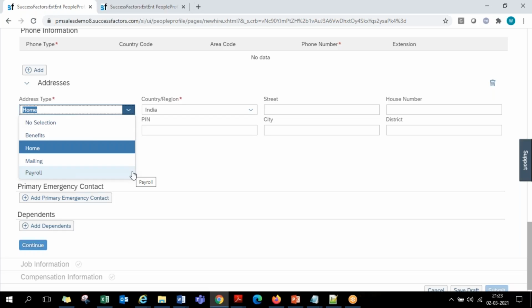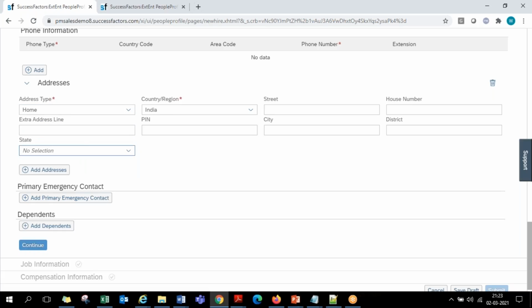But if you want to make any changes on this, a common requirement that we see with any customer is they want to keep one as the home country and one as the job country, if it is Middle East customers, because in the Middle East we see most of the people are expats working from different parts of the globe. So they normally maintain two types of addresses: home country address and the host country address. Or else communication address, permanent address, temporary address, like this. Different terminologies different companies come up with.